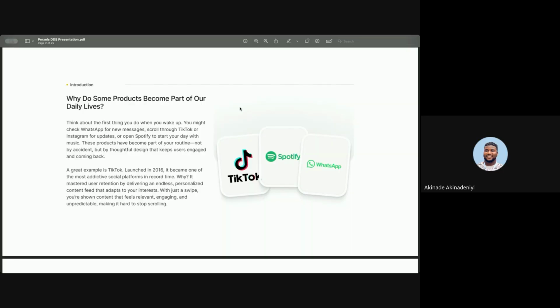An example is WhatsApp. Almost everybody here has WhatsApp. We know TikTok. Some of us use Spotify. Some use YouTube Music. Some YouTube. Different apps like this. These products have become part of our lives because of the care and attention to detail that the people who design them put into making them. They are constantly revamping and iterating on these products, trying to make them better. Sometimes they make mistakes, but that's part of the job. It's part of the design process.